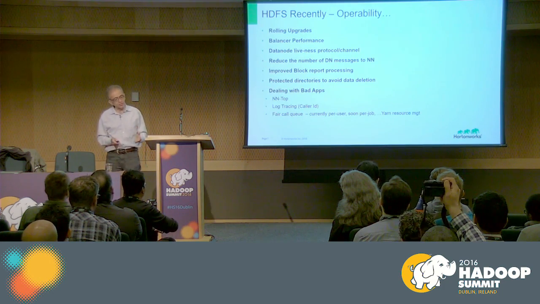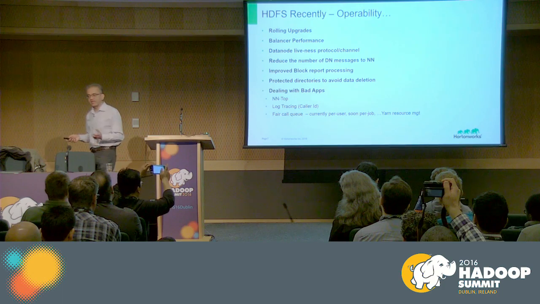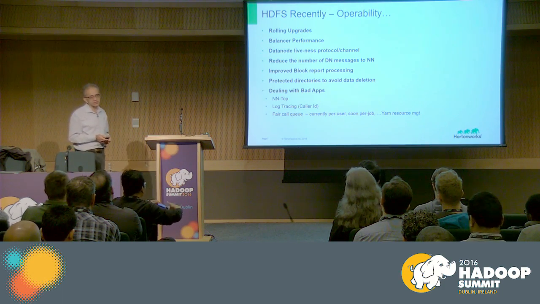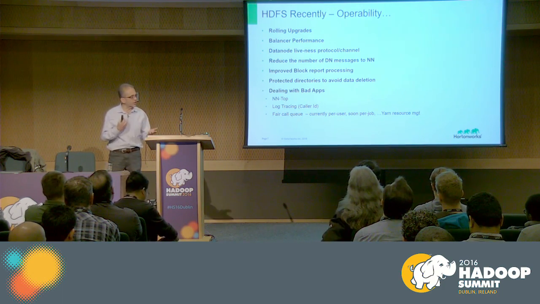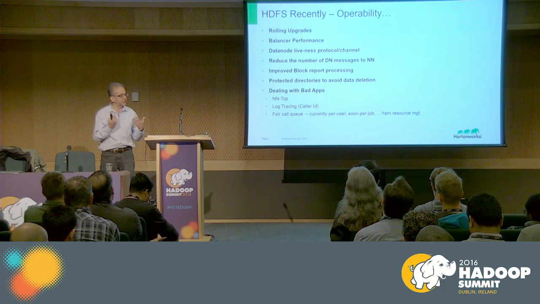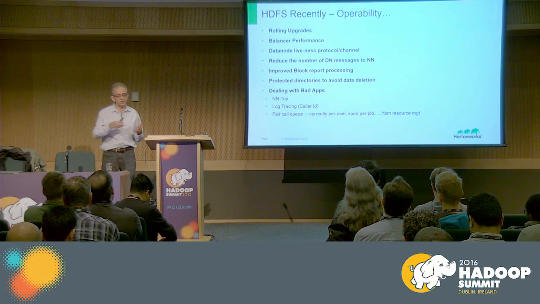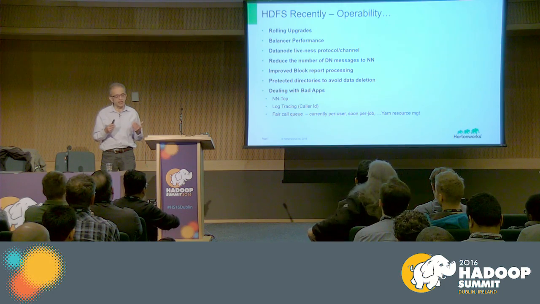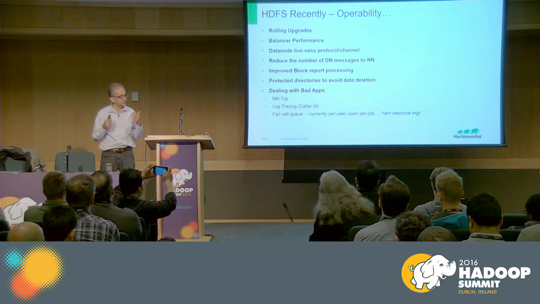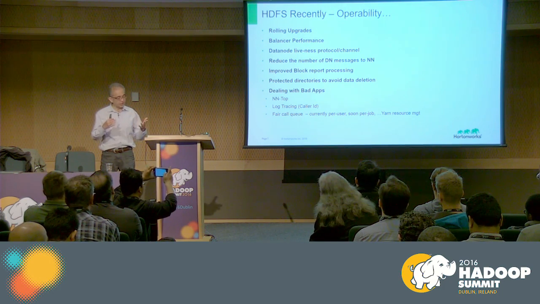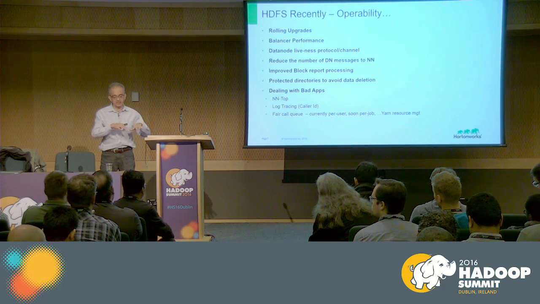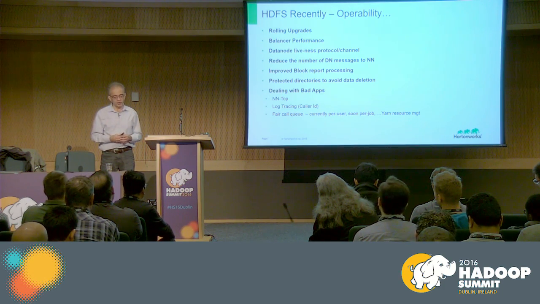A lot of work on operability, rolling upgrade support in HDFS in a more first-class way. Balancer improvements, data node liveness protocol, so that if you're a busy client, we don't start losing liveness with data nodes, so a different channel port, to make that work better. Reduce the number of data node messages to name node, again, to be able to scale better. But we're going to talk about how to really scale better in a more fundamental way in the rest of this talk. Improve block report processing,